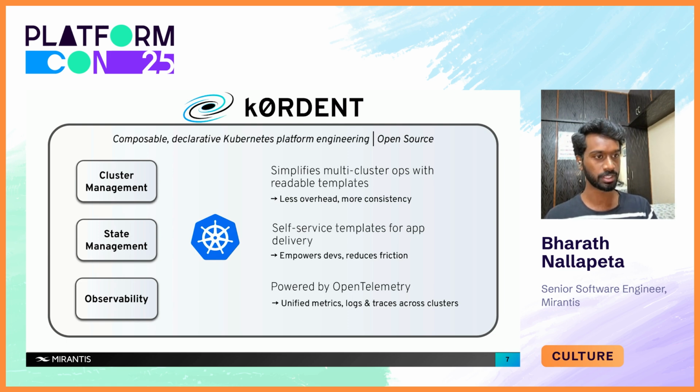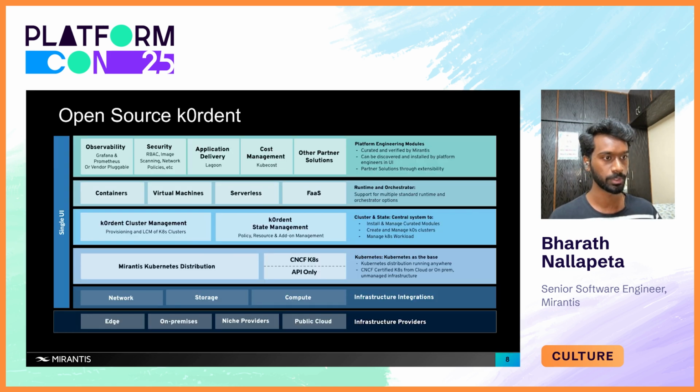primarily is composed of three things: cluster management, state management, and observability. Talking about observability first, it's basically this unified dashboard which tracks metrics across your clusters and then presents it to you. Cluster management is the day zero cluster provisioning stuff. This component is the thing that takes care of actually provisioning clusters for you across clouds. State management becomes your day two stuff, where you're talking about deploying applications and templates across your clusters seamlessly.